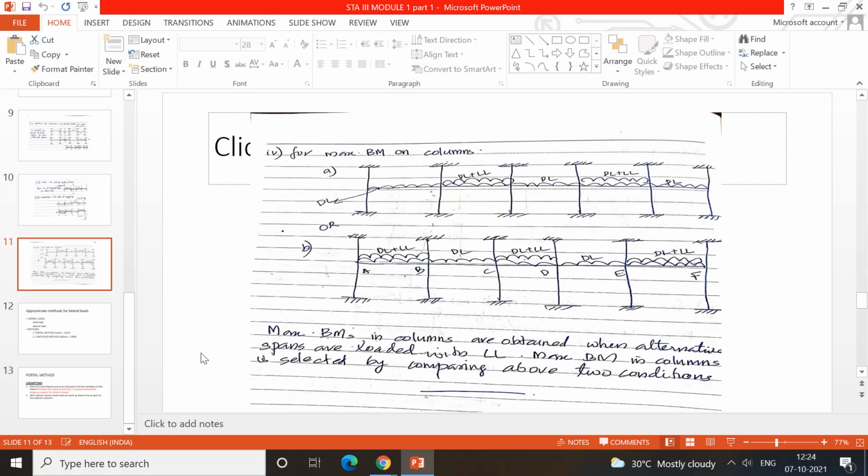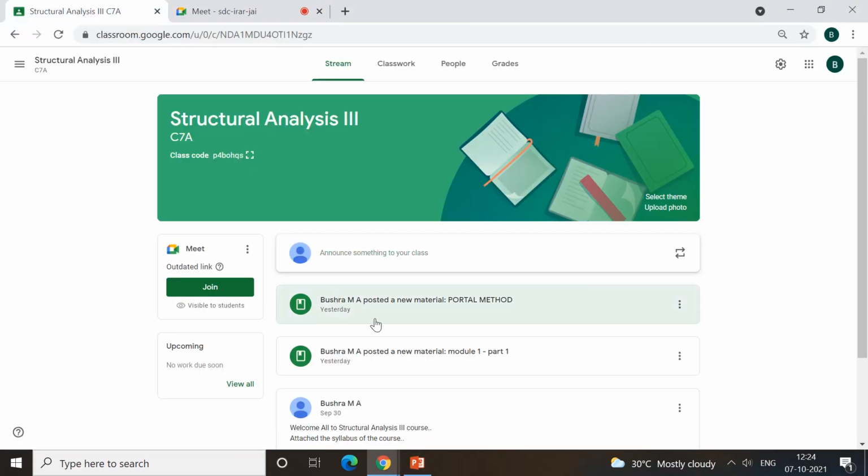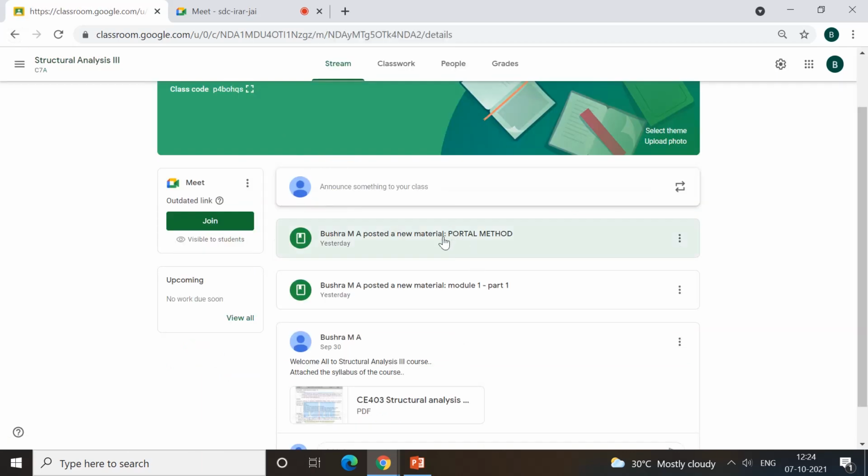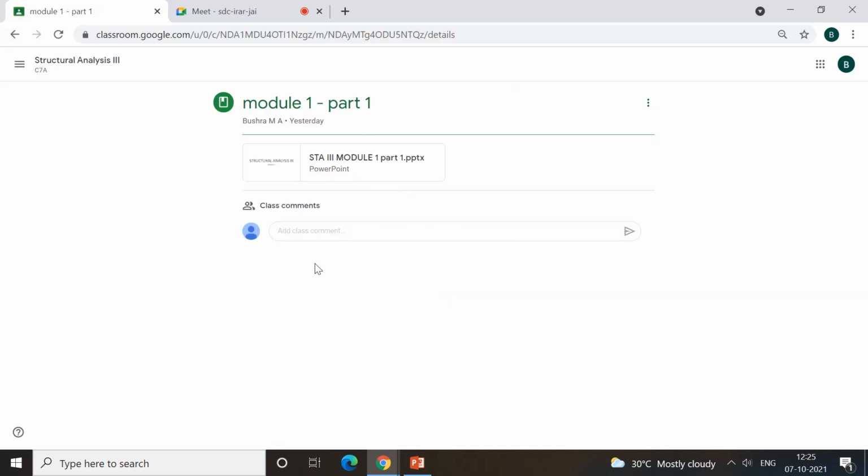KTU students, site notes, because the remaining thing is only moment distribution, and you have already studied moment distribution. If you have any doubt in that, you can approach me when you come back and I'll explain. There is no point in discussing that again and again in class. We have studied moment distribution in the previous semesters, you can refer to those notes. I've shared this lecture to your Google Classroom as well as some other videos from the portal method. I'll share the PDF of those notes also.